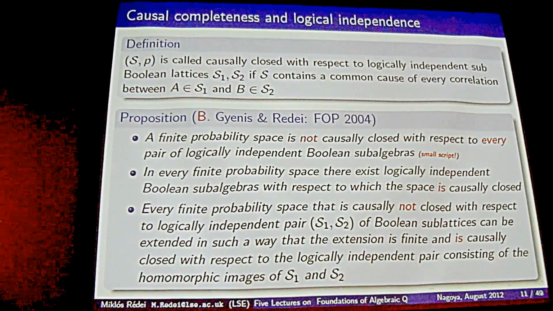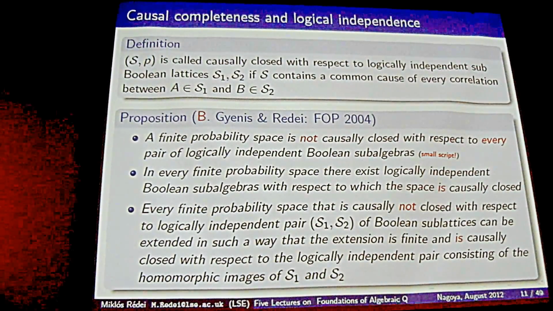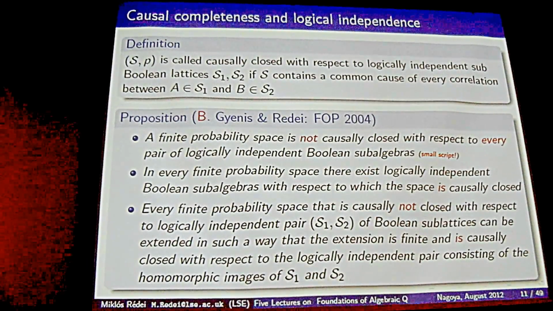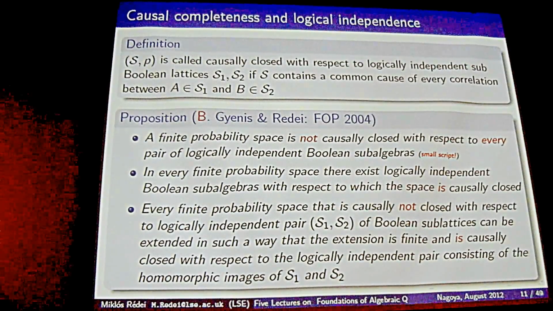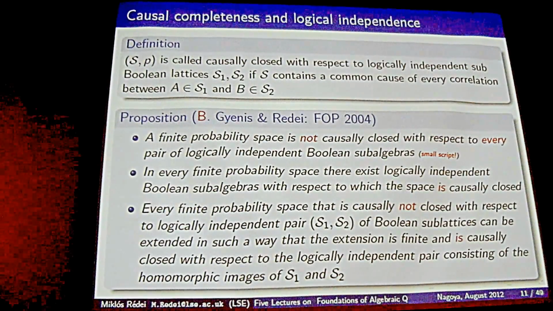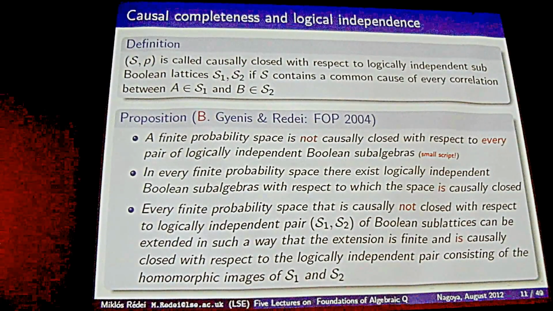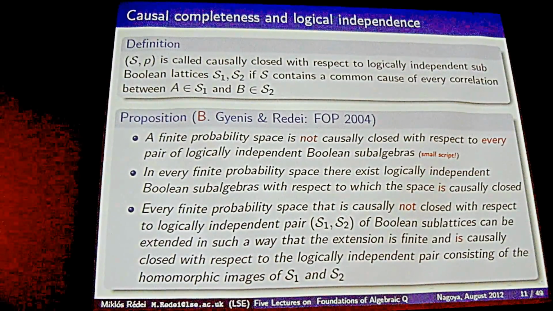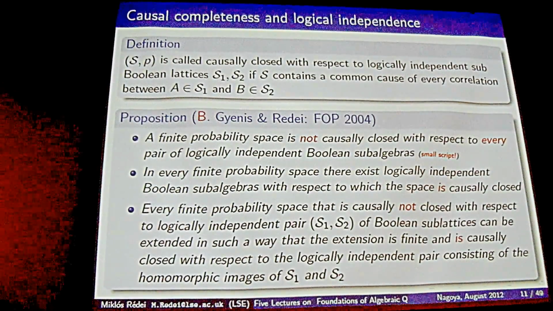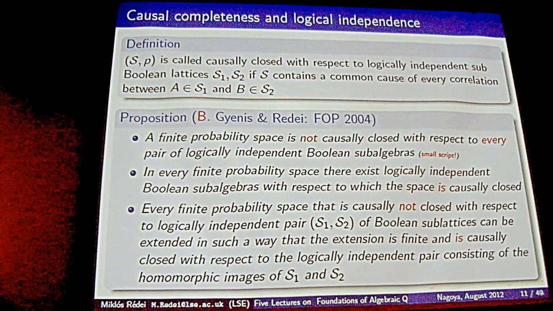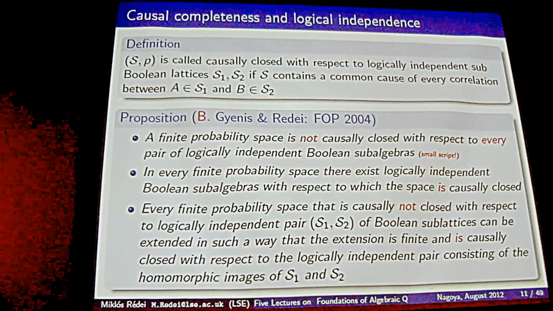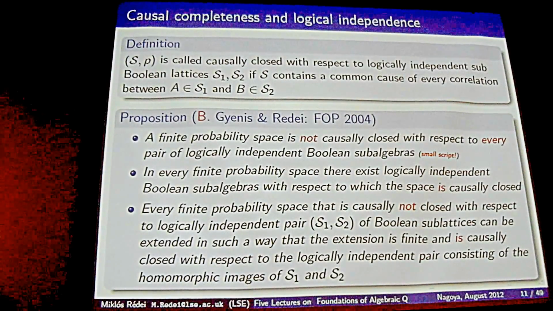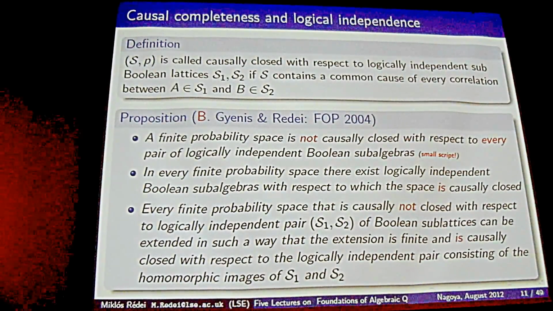The philosophical motivation behind it, or physical motivation, you don't have to call it philosophical, is that maybe your probabilistic model, which predicts a correlation but is not able to explain it, is just too small. You have not taken into account enough parameters, enough events in the world, and if you had done that, maybe your richer theory would be rich enough to give an explanation of the correlation. It's a very natural idea to ask whether this is possible, and the claim here is, yes, this is possible, which is a kind of consolation, if you believe that the common cause principle is a valid principle.